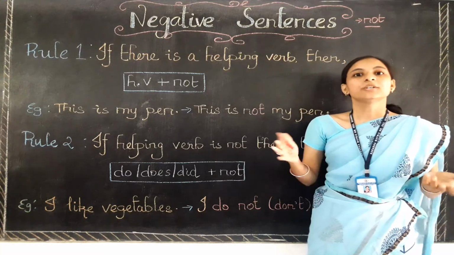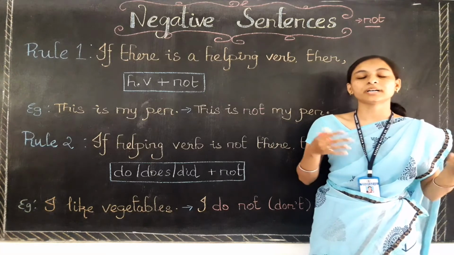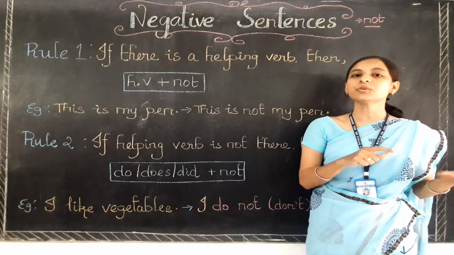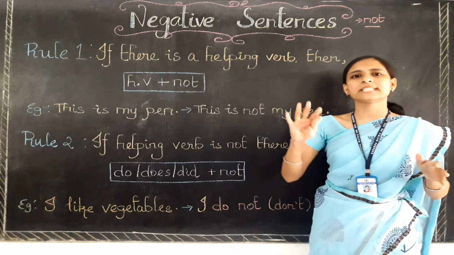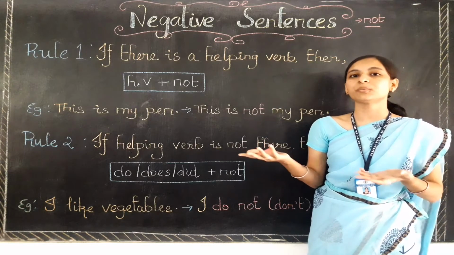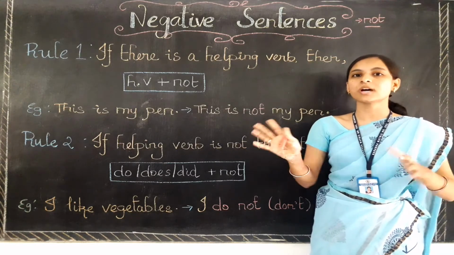Enkita pen illa. So when I am saying this by using the word not in a sentence, it refers to a negative sentence. Okay. It is just the opposite of the positive sentence. A positive sentence is one which talks about a thing only.